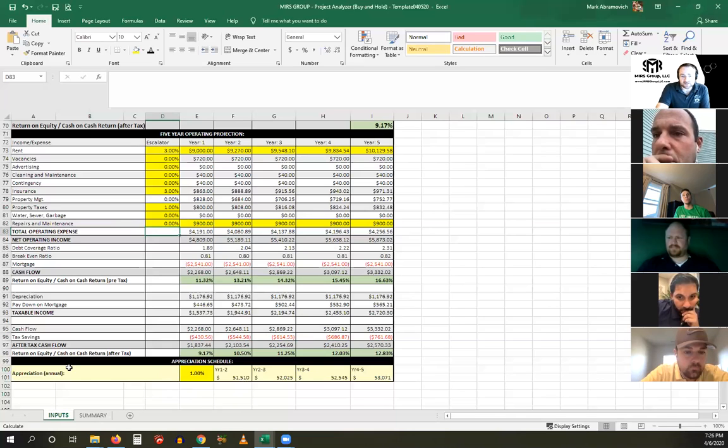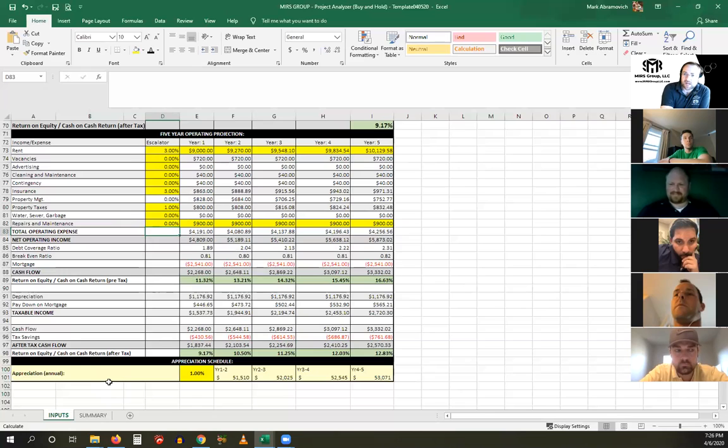And then the last line here is appreciation schedule. So it's appreciation of the property. Now, here's another thing. I never cared. For rental properties, I personally don't care about appreciation whatsoever. I care about cash flow. Again, appreciation is a cherry on the top, right? It's great if it appreciates, but guess what? You don't care if it depreciates. Your tenants are still paying you the same amount every single month, month over month,